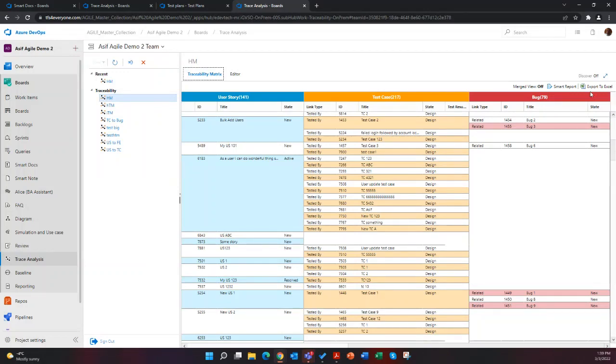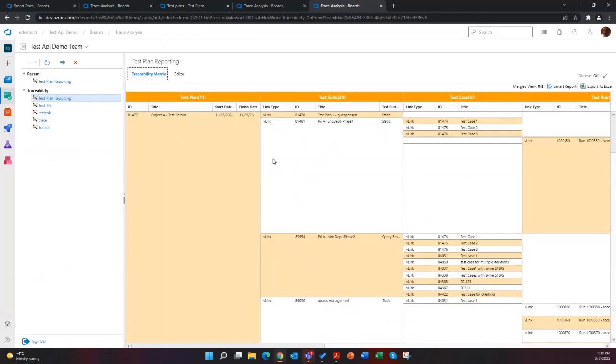Similarly, you can also generate a traceability matrix on your test plan. Of course, as you know, things like test runs are not work items.